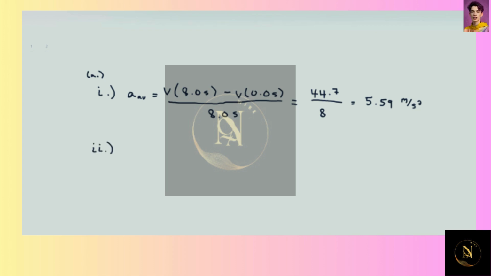Now we can do the second part, which is the average acceleration for the 8 seconds to 60 seconds interval. And so same formula, except I'm just going to plug in 60 here, minus the velocity at the beginning, which in this case is the 8, over the time interval of that, which is 52 seconds, 60 minus 8. And in the previous part, we found both these values. And so this becomes 447.2 minus